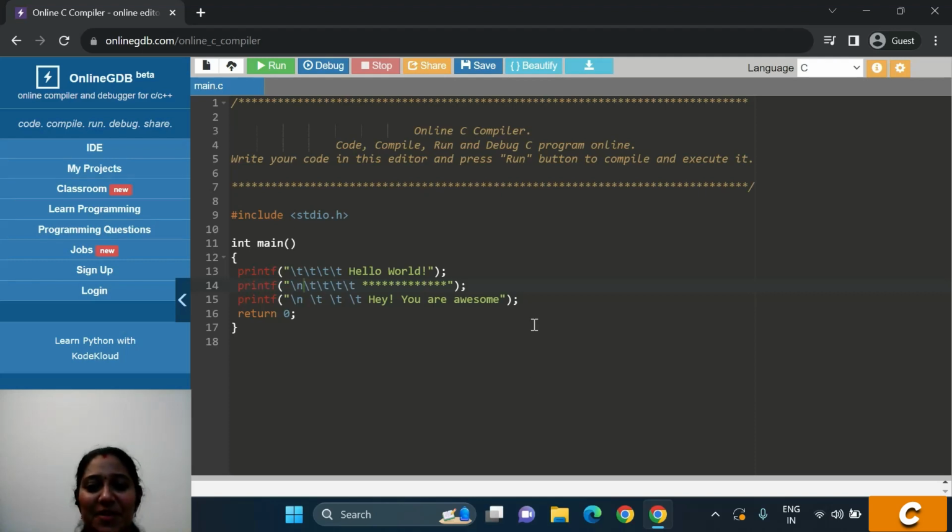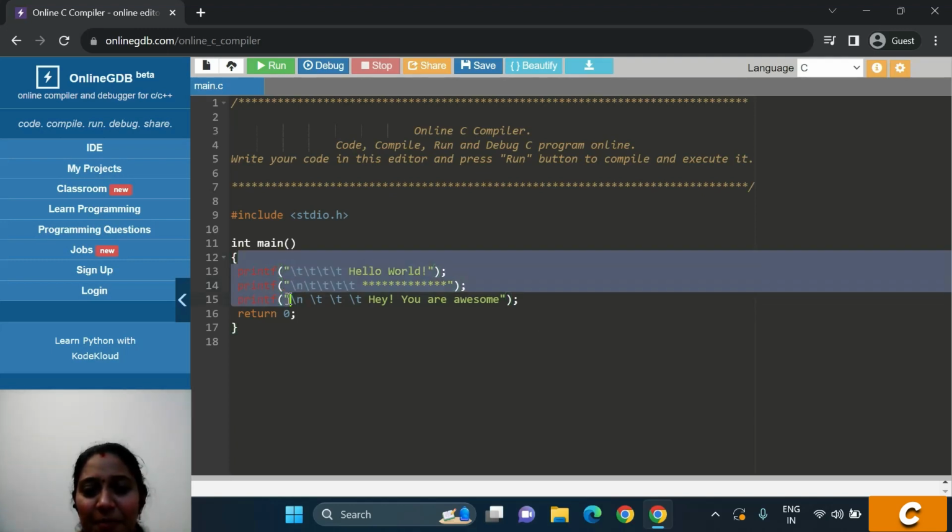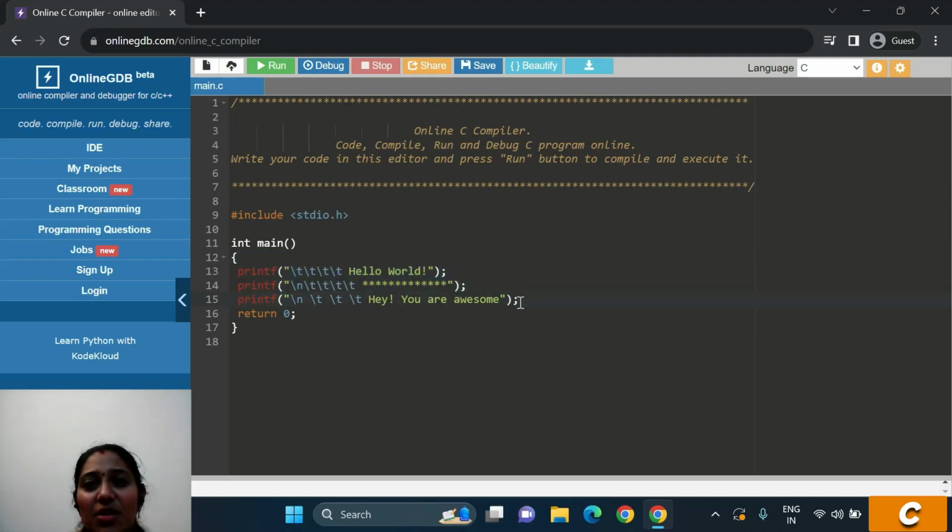Hello, welcome. So, we are into the second session now. Already we have seen the printf statements, as you have seen here. Now we are entering into the input statement, that is scanf. Suppose the user wants to type something, or you want to ask for input from the user, then we require a